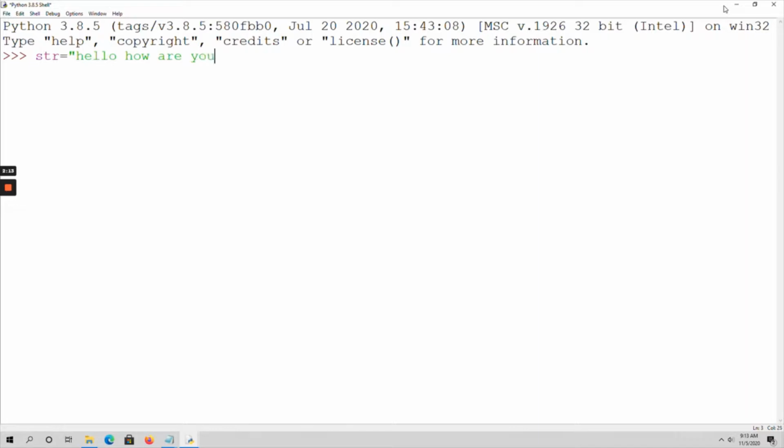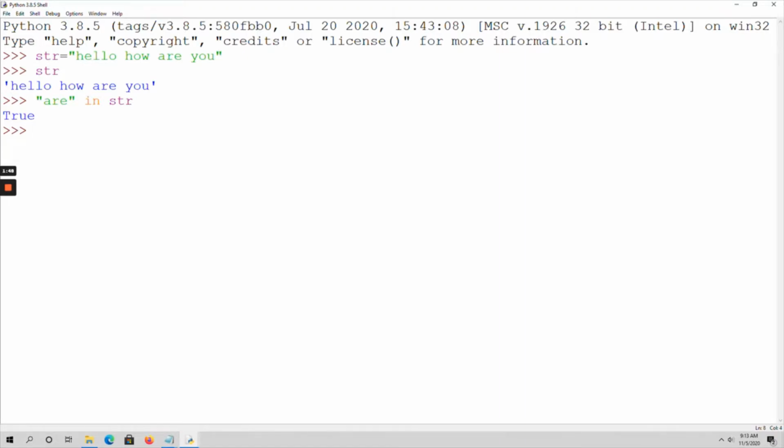So this is my string. Now str shows hello, how are you. Now I want to check whether r in str. You have to give it in single or double quotations. It returns true because it is already in the string, right?